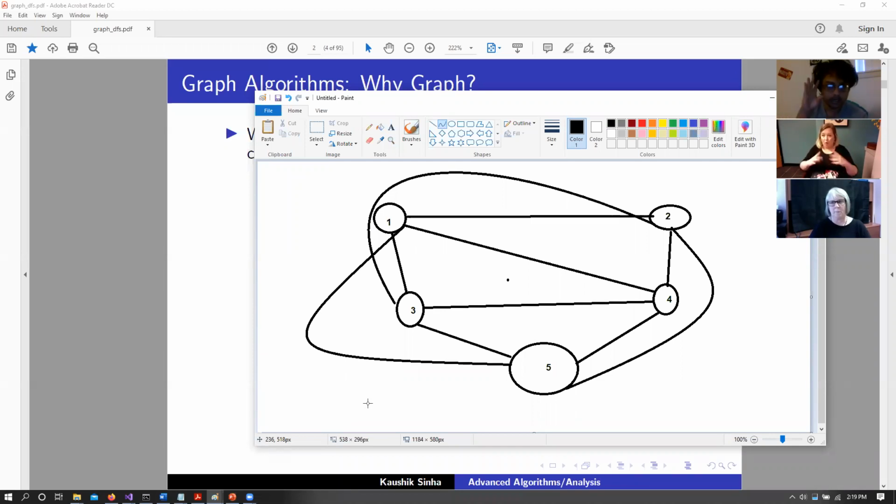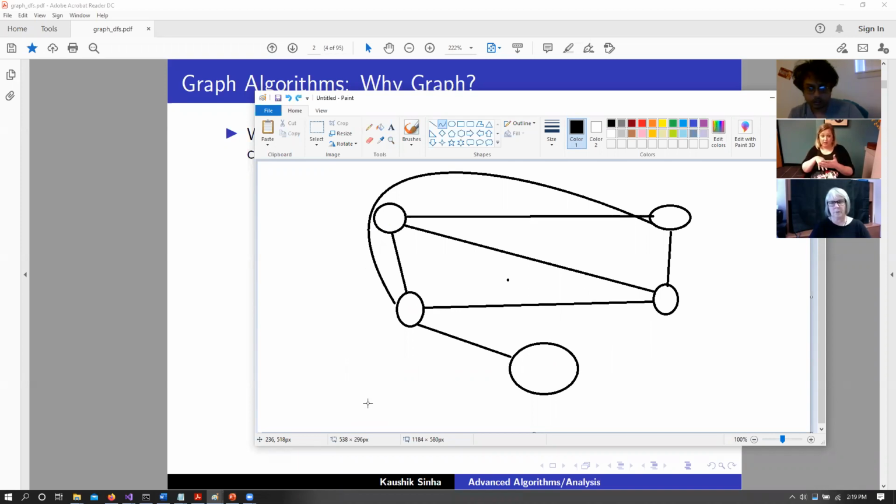So in order to color this particular graph, notice this. I'll remove every other node except the 4 nodes. When we have these 4 nodes, we can color them in 4 colors, right? Now, when we add a new node, let's say the worst case scenario is every node is connected to every other node.